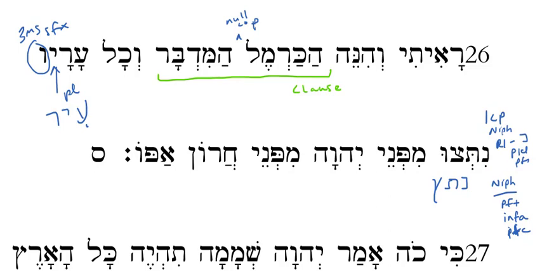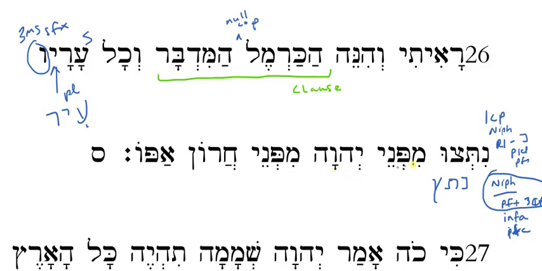What's the best way to go? Well, what you need to do is at this point look in the lexicon and find out, does this verb occur in the niphal stem? And if it does, what would its meaning be? And here we actually do have an appropriate niphal meaning for natats. It means to be broken down. Okay, so the subject is kol arav, all his cities, nitsvu, niphal perfect, third common plural. That's going to be my parsing here. Were broken down, were torn down.